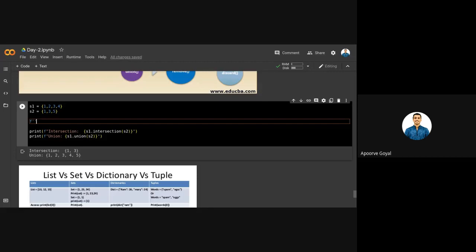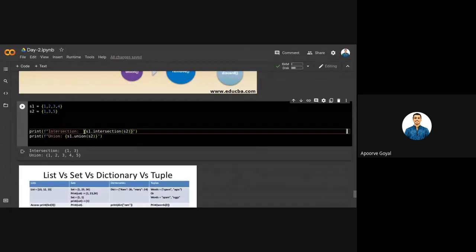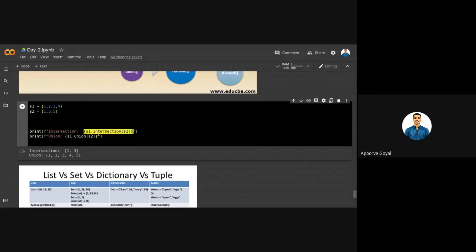Whatever variable you have, you write in braces, and whatever string you have, you write simply like this. Here I wrote intersection simply as a string under F, and then under curly braces I wrote S1 dot intersection S2. So it will print both of them, concatenating them the way you have defined in the print statement. So you won't get the error you were just seeing.